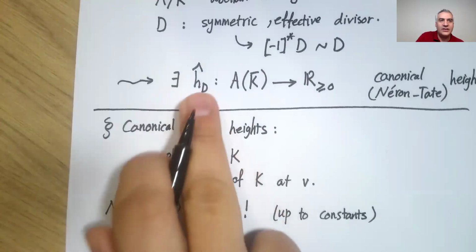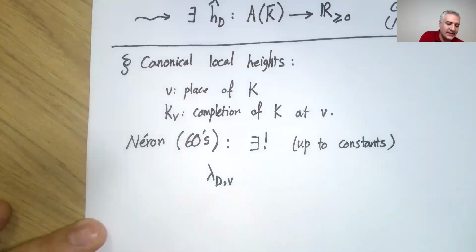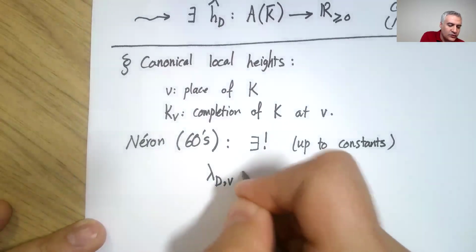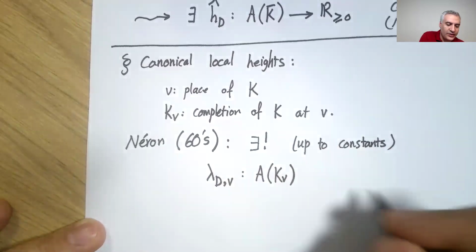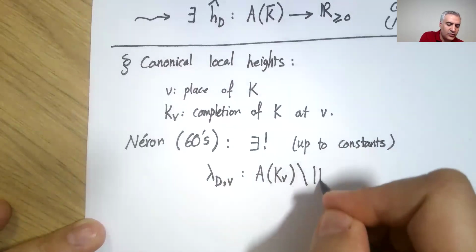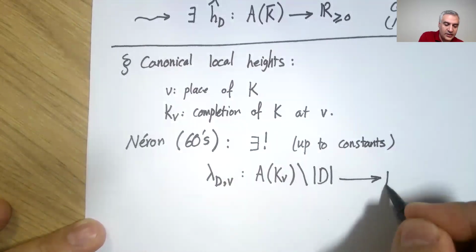So I had this global function that depended on the divisor. I want a local function which has a place as input as well, which goes from K_V points, but you have to remove the support of D, to real numbers,